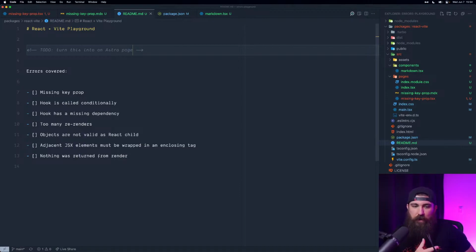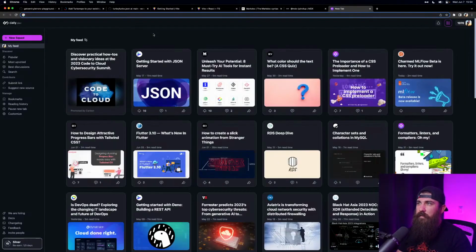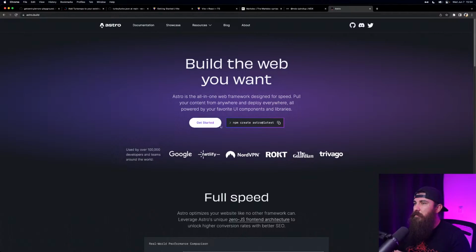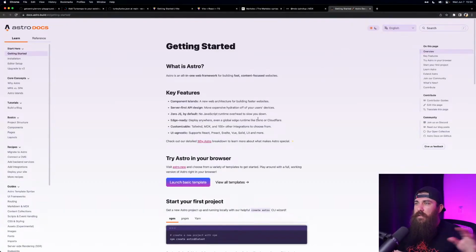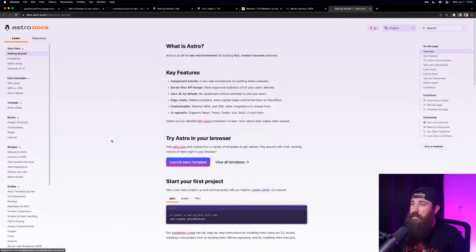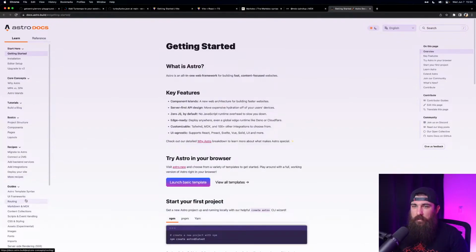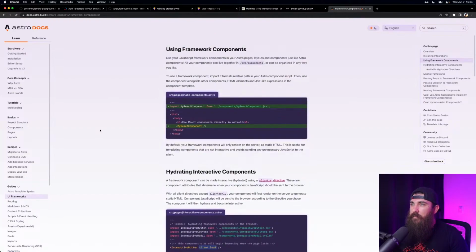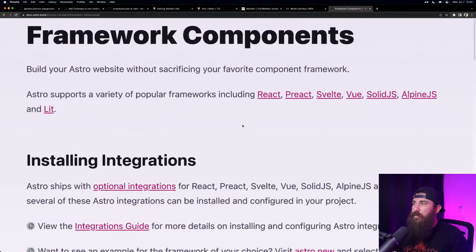First, I think in Astro we can use React. What else can we use in Astro? I think Astro supports multiple frameworks, so we can even avoid creating new projects. Let's see, or maybe it's going to be better if we use UI frameworks. React, Svelte, Vue, Solid, Alpine, and Lit. Okay, so we got React, and we also have Vue, which means we can do Vue and React in the